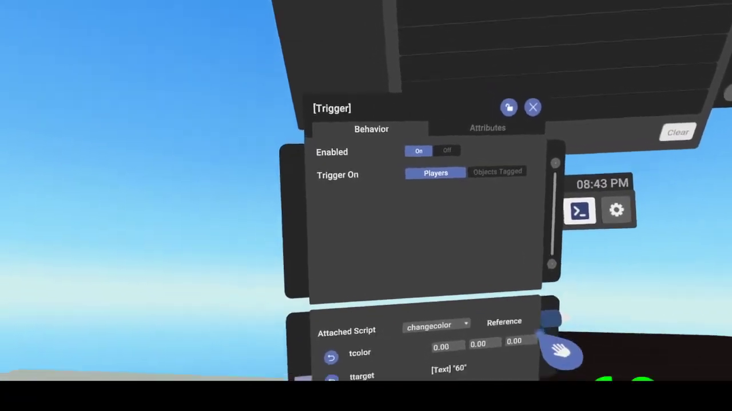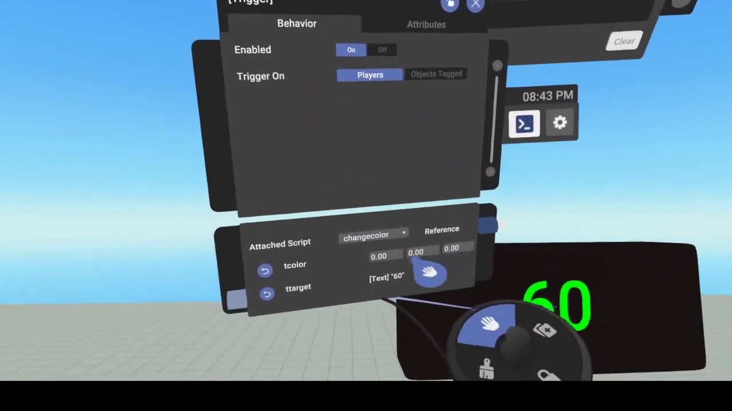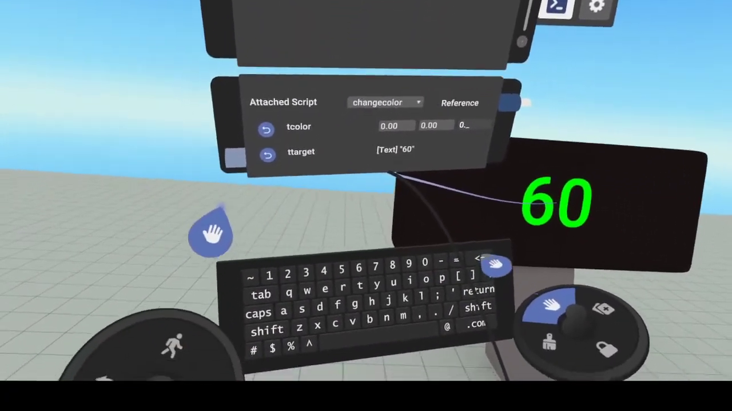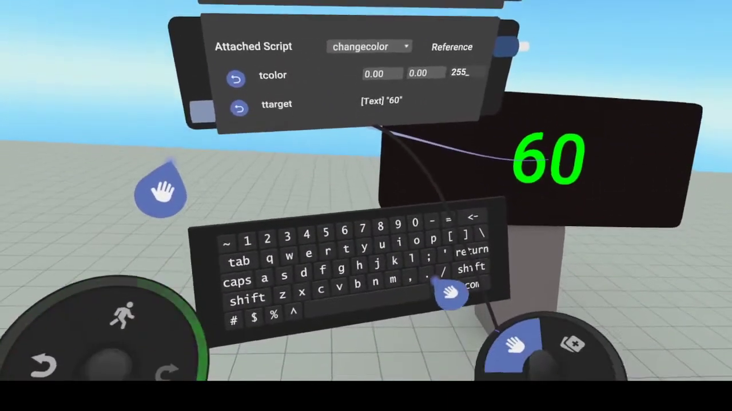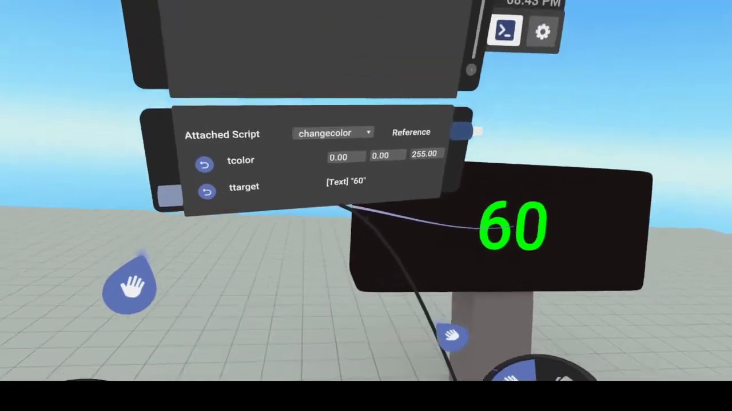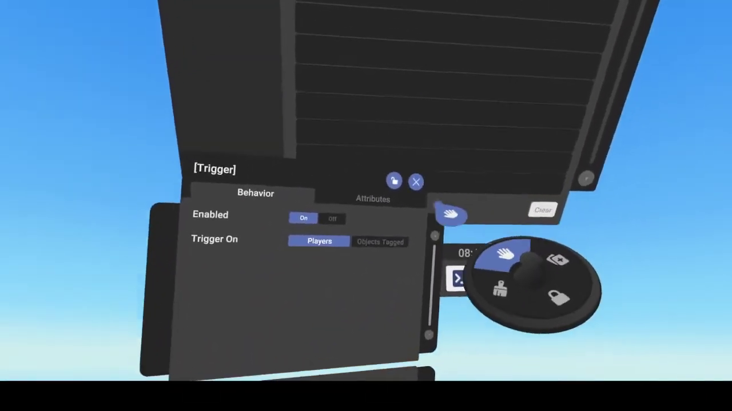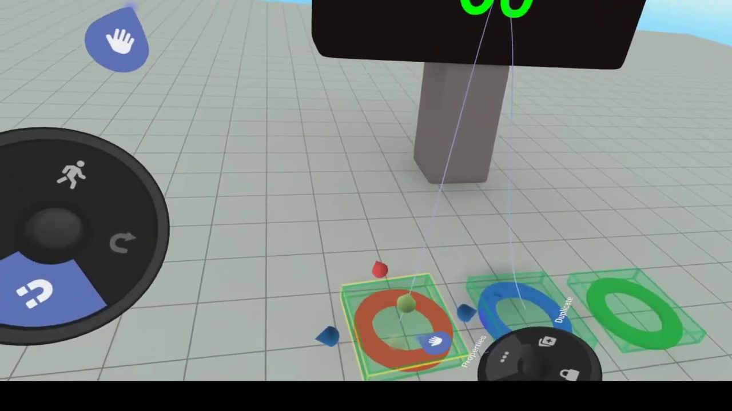Yep, that did not take. Red, green, blue. You have to hit return on the virtual keyboard. You can't just close it. So return. Now it's there. And then on this one,